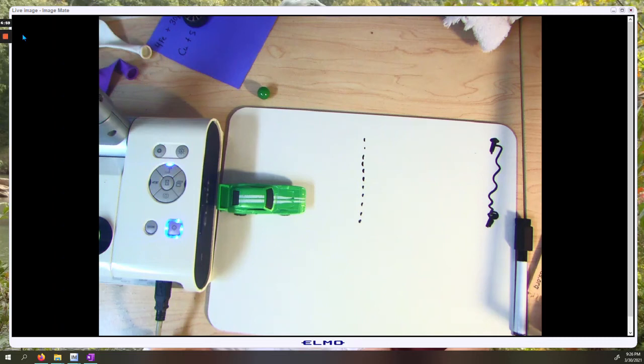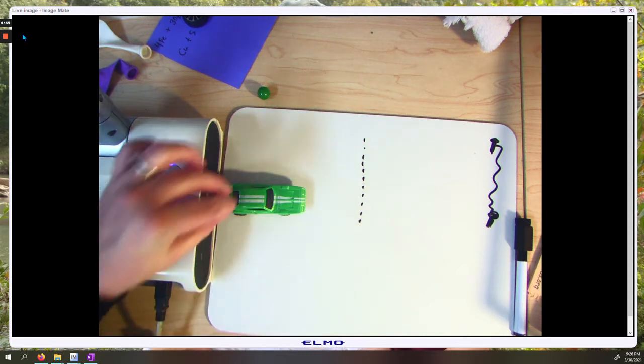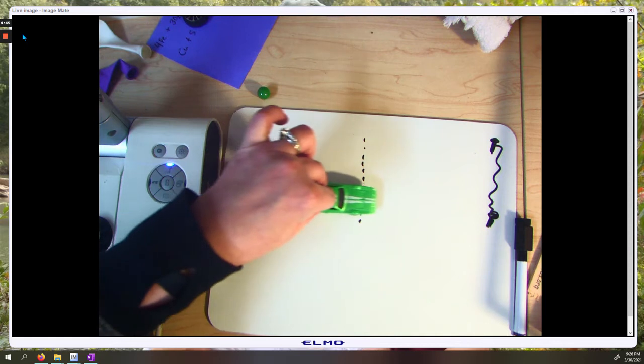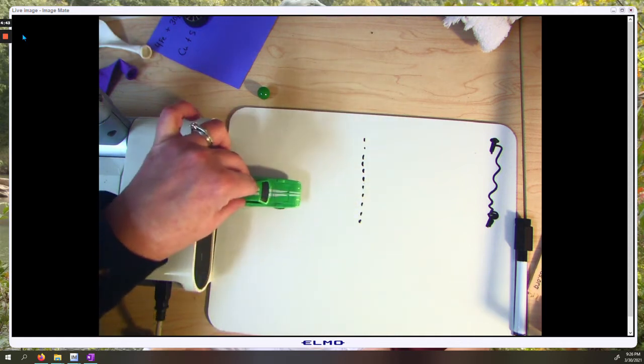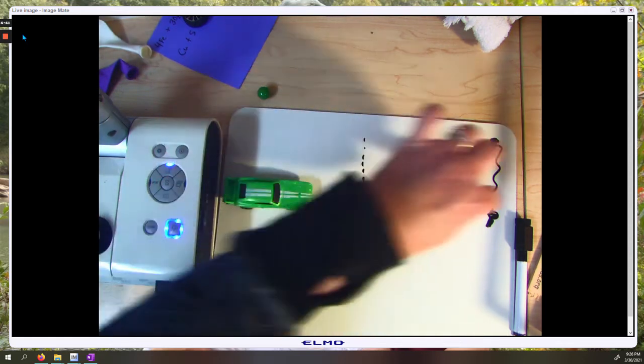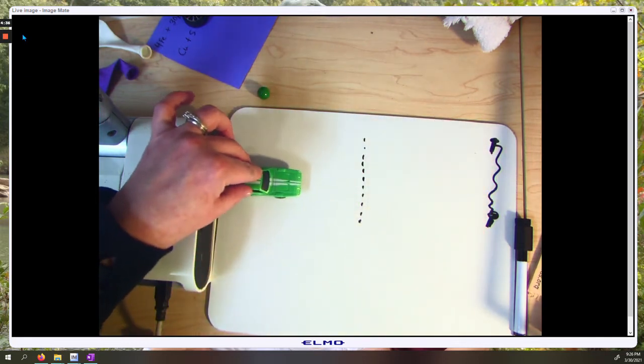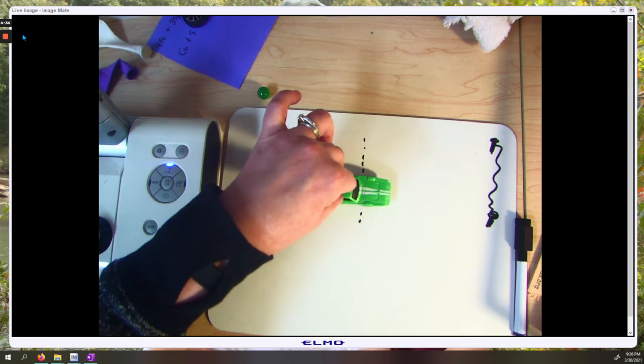So let's look at acceleration one more time and try to get the idea of what's going on with acceleration. Once again, these questions were a little bit tricky and a lot of people had trouble with them. So we have a car that's moving at a given speed, or a given velocity, and it's heading towards the finish line over here. So here goes the car, and it starts out across here moving at 3 centimeters per